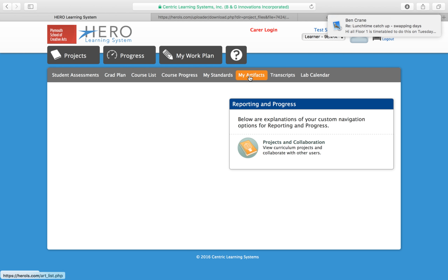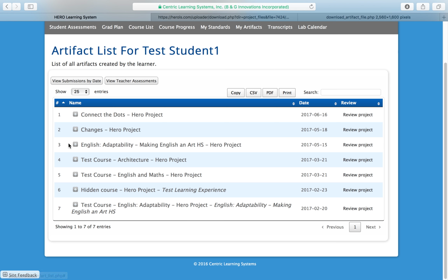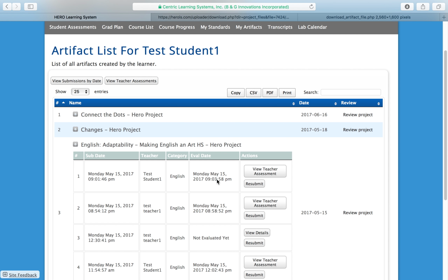And what happens when that happens is that it goes to My Artifacts. And in My Artifacts, you can check the work they've been doing. So what happens here is you can see where there's been teacher assessment. So once that's been done, it goes to View Teacher Assessment. So what you can see is the student has looked at it. So if we go into this bit here,